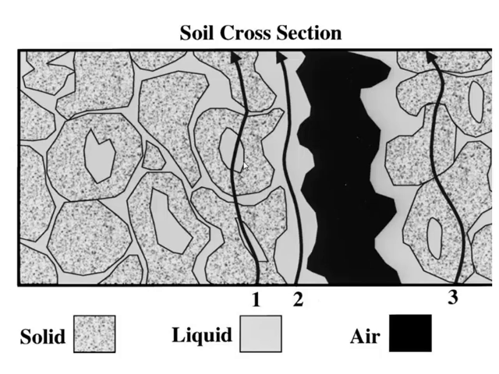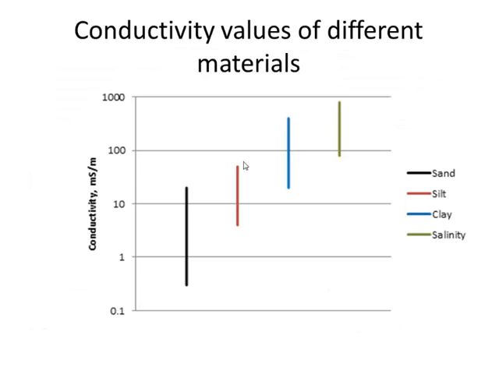But consider that a sandy soil has more air spaces, so it has a lower electrical conductivity because the electrons cannot pass through the air. So when we measure electrical conductivity, we have the opportunity to distinguish between different types of soil. You can see here that we can measure salinity, and we can measure clay, silt, and sand. They have different electrical conductivity values.